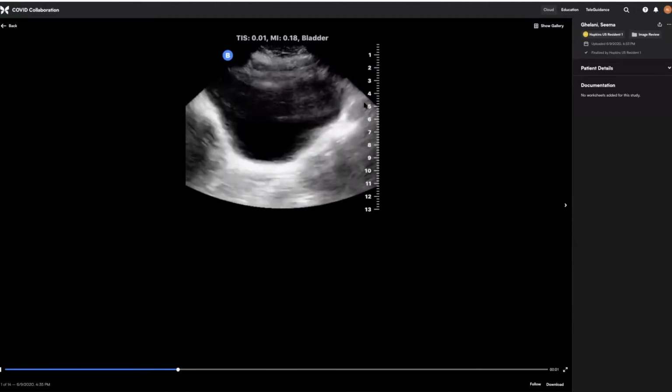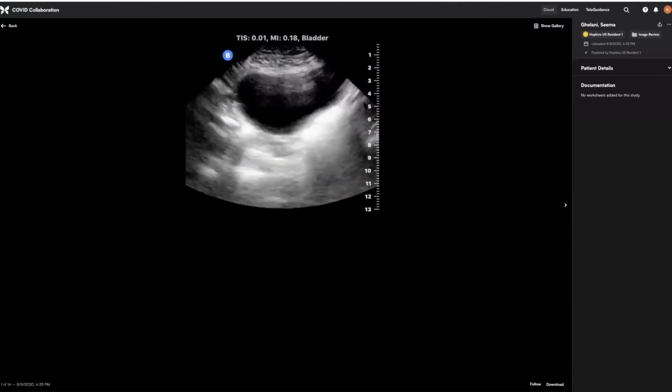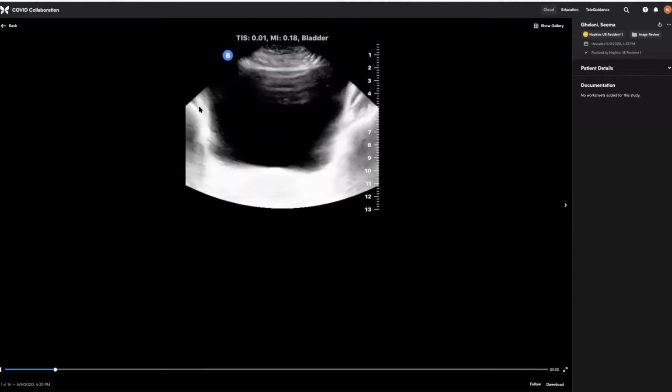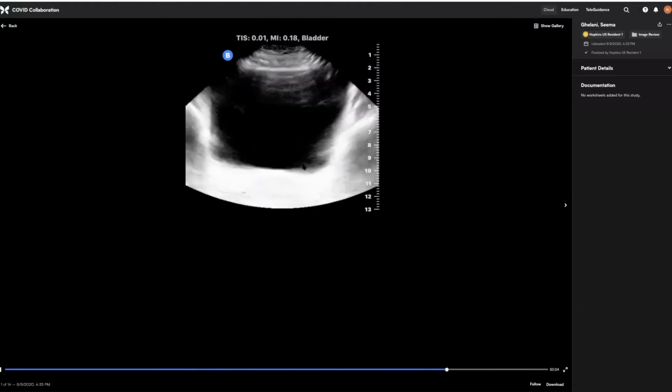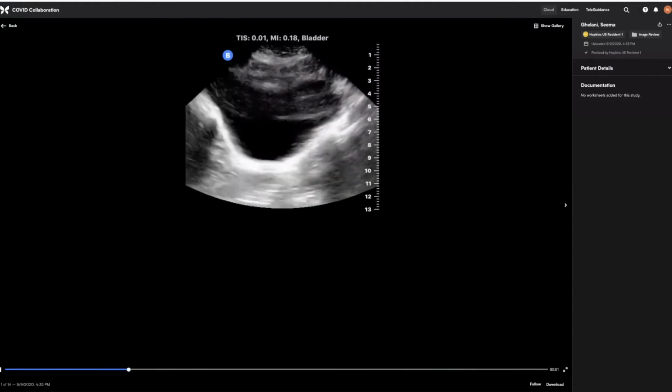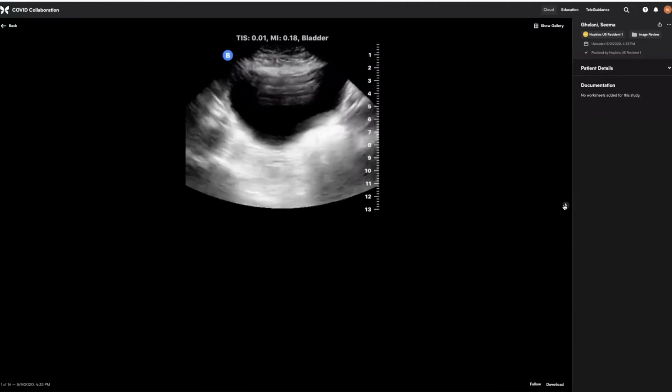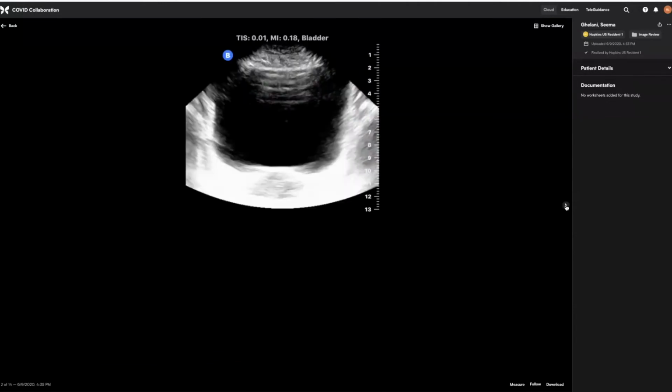And if I had to quality assure this, I could say that maybe they could decrease their middle and far gain a bit because we have a lot of posterior acoustic enhancement here. But at least they're fanning through the bladder somewhat. And it looks like they performed some measurements of the width and the height here. So they were able to figure out the Butterfly measurement system and